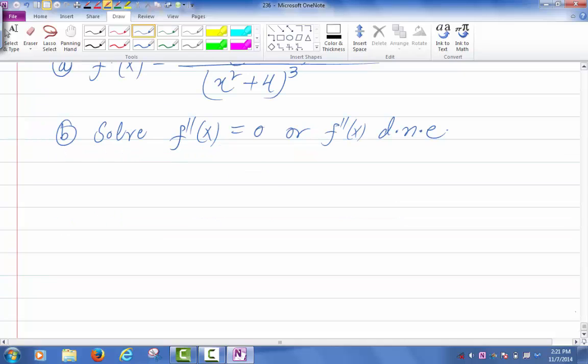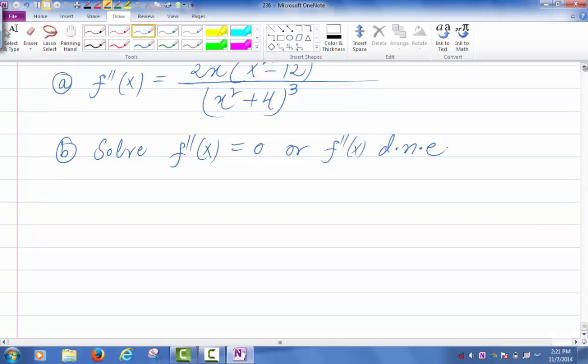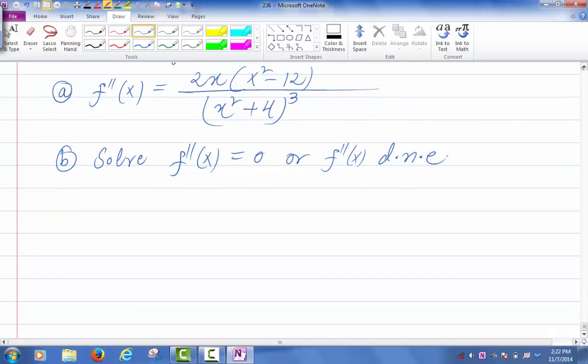Well, is it clear that the second derivative is defined everywhere? If you look at the formula for the second derivative, the denominator is okay for any x, right? Because the denominator doesn't vanish anywhere, right? x squared plus 4 is at least 4. So we know that we don't get any solution